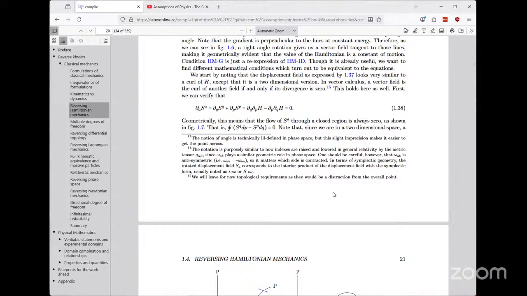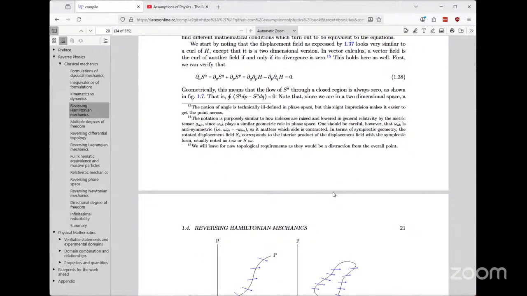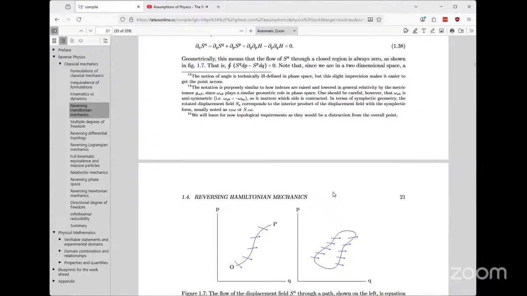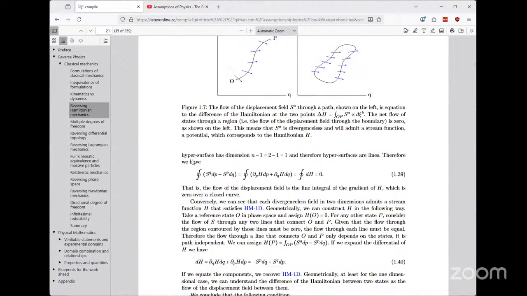Geometrically, this means that the flow of SA through a closed region is always 0, as shown in figure 1.7. That is, the closed loop integral of SA dp minus SP dq is equal to 0. Note that since we are in two-dimensional space, a hypersurface has dimension n minus 1 equals 2 minus 1 equals 1, and therefore hypersurfaces are lines. Therefore, we have this, which is the same loop integral, but then you use Hamilton's equations to show that it leads to,